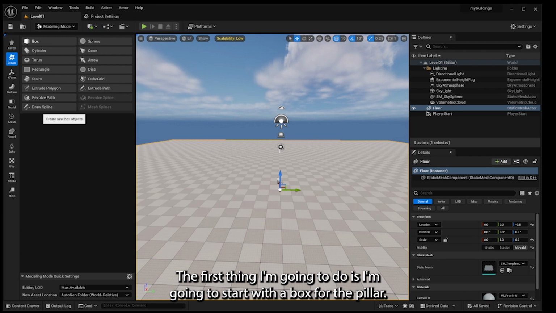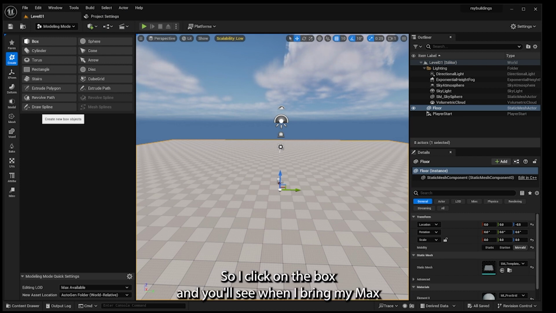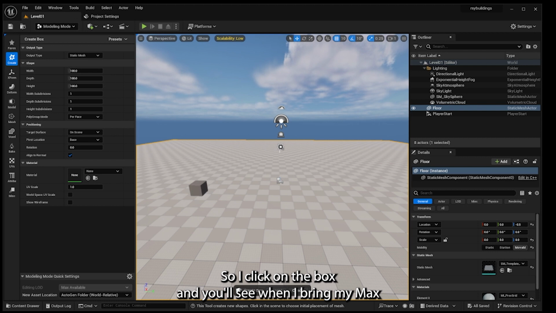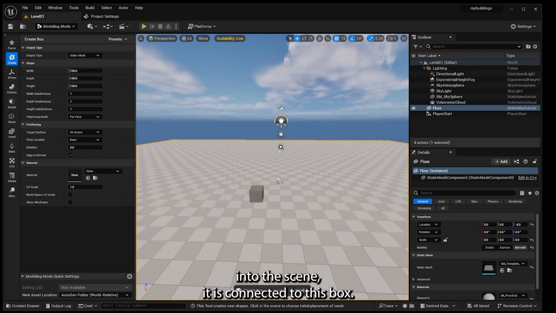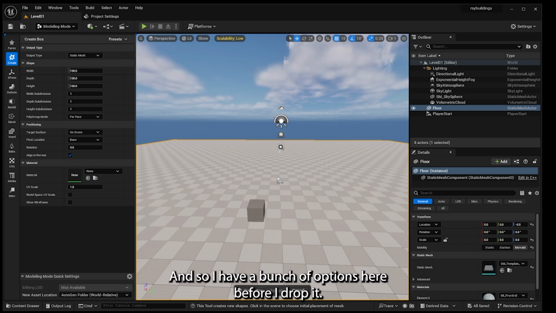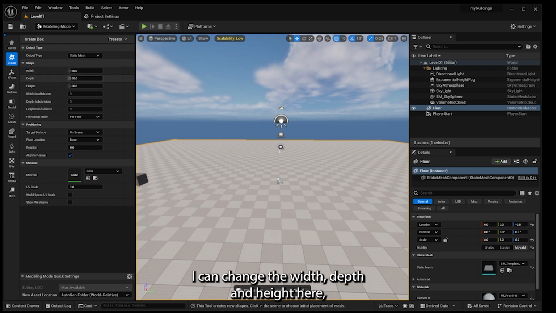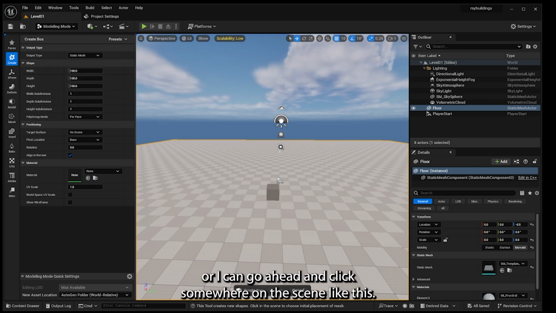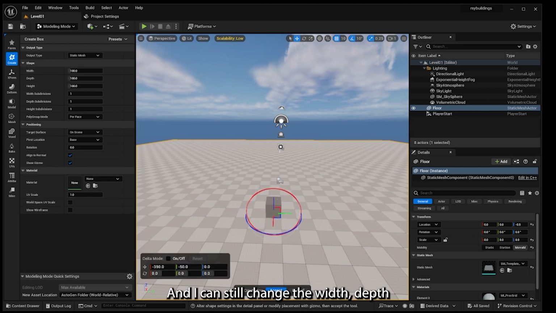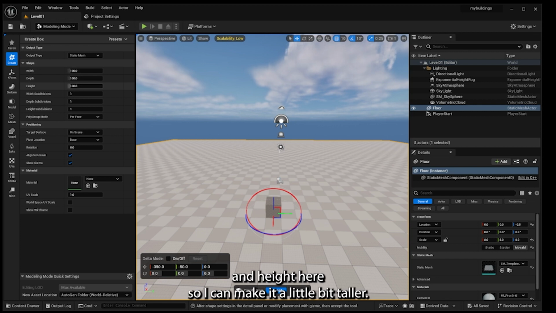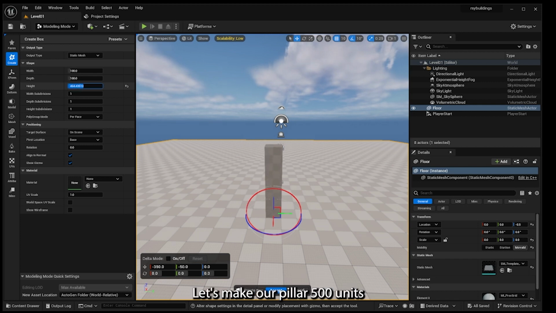The first thing I'm going to do is start with a box for the pillar. So I click on the box, and you'll see when I bring my mouse into the scene, it is connected to this box. So I have a bunch of options here before I drop it. I can change the width, depth, and height here, or I can go ahead and click somewhere on the scene like this, and I can still change the width, depth, and height here, so I can make it a little bit taller. Let's make our pillar 500 units,